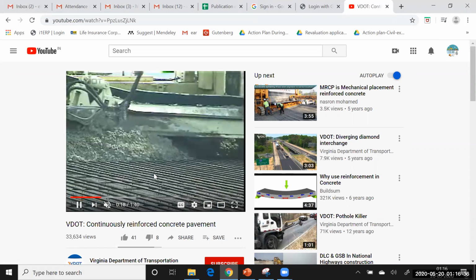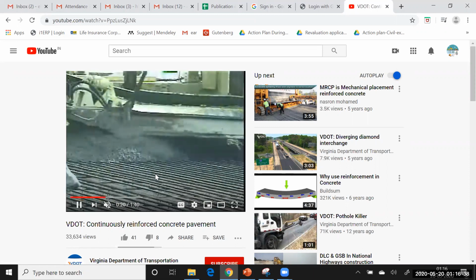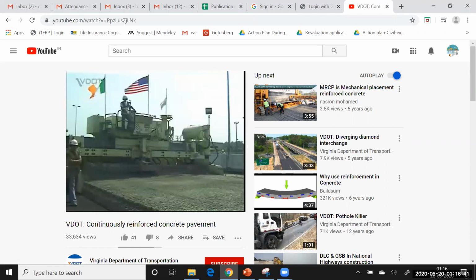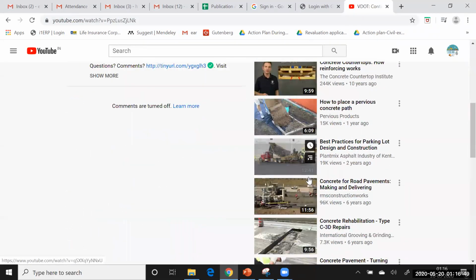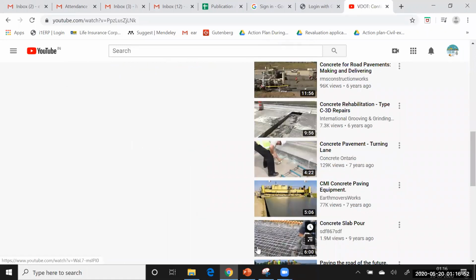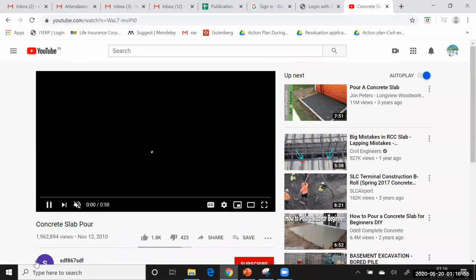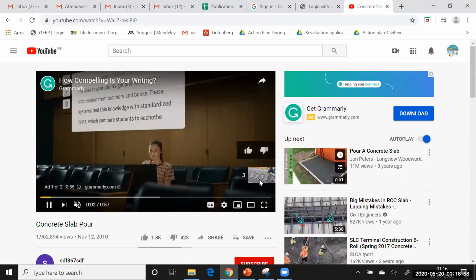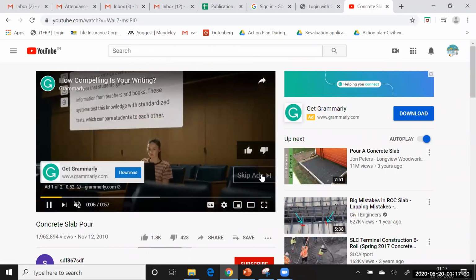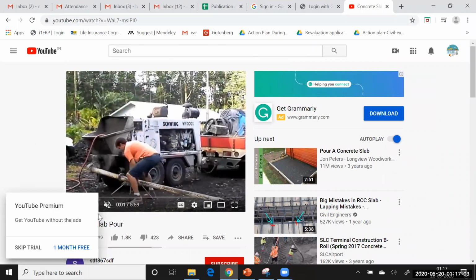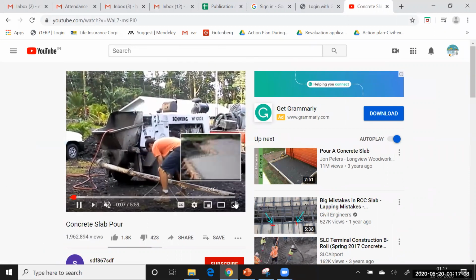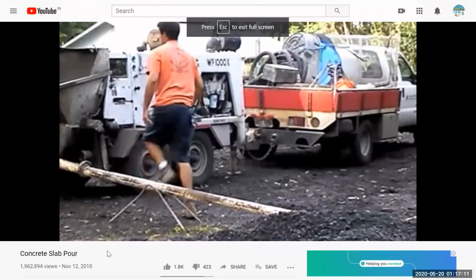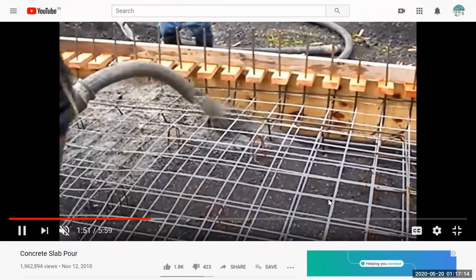You can see here, this is one way in which the reinforcement is provided. Here this is a case wherein bars are kept on both sides. Then we can even have a case wherein we have a mesh type of reinforcement. You can see here, this is a case wherein a mesh type of reinforcement is provided.